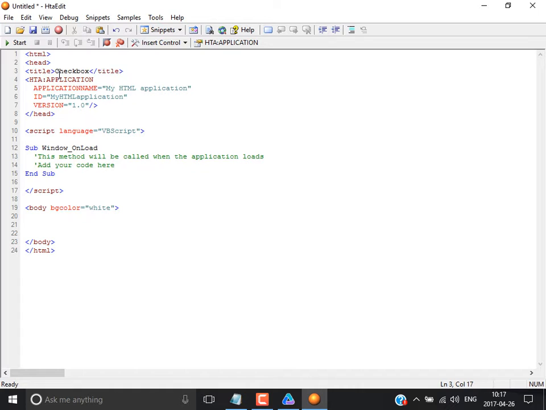I'll say checkboxes is the title that I'm giving. How do you define the checkbox? I say input type equal to checkbox, and you can give the name anything,